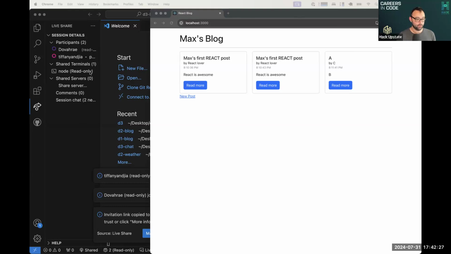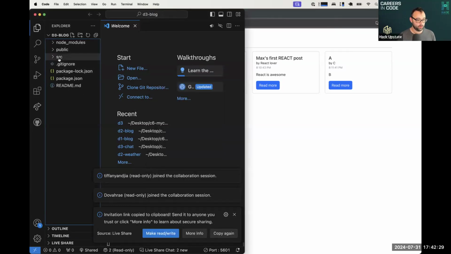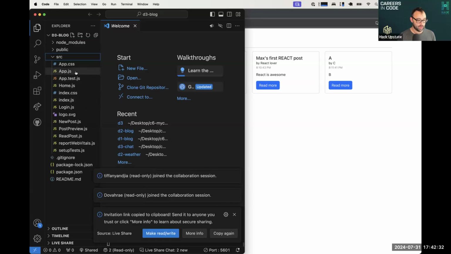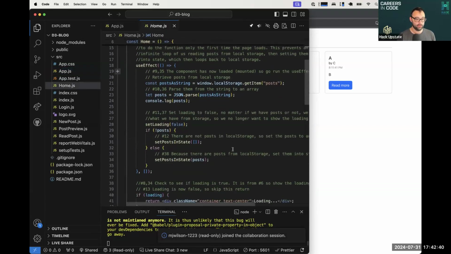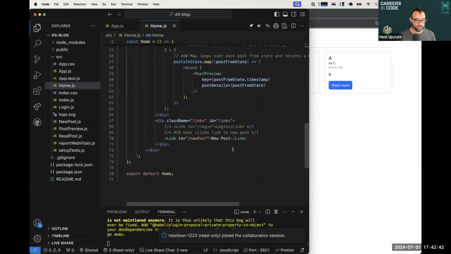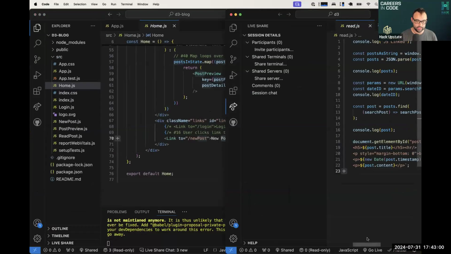Okay. So we initially had in our source folder in our app.js, we linked to the router, right? That's got our homepage, that's got all of our pages in it. But if we look in our homepage, we are going directly to the new post link. We did that so that we could understand the whole flow of pulling data out of local storage, mapping over it, getting the router set up so that we could access those specific posts, all of that good stuff in there, right? But if we look at our original blog project and I go live on that, we can actually see,